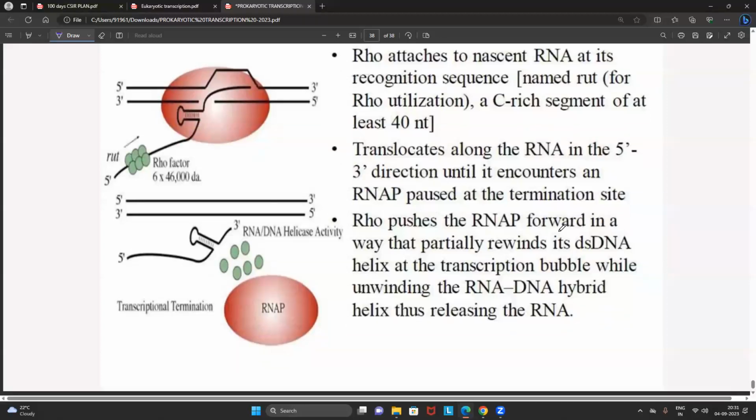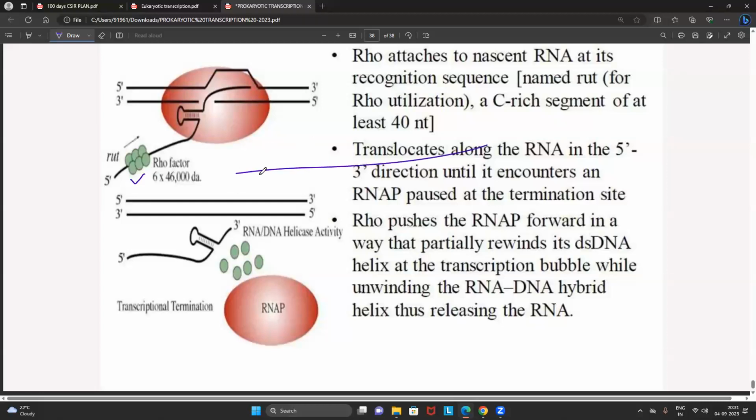Now you all have to ask me one more good question. Sir, this is mRNA. That is a good question. Here you can see, right, 6 subunits, right? That is only called Rho protein. This entire thing is called Rho protein. Now you have to ask me a question. Sir, where exactly will the Rho protein come and attach to the mRNA? That's a valid question. Where exactly does the Rho protein come and attach to the mRNA?